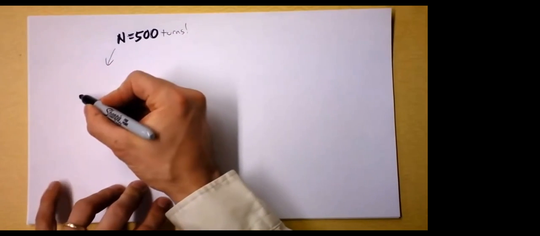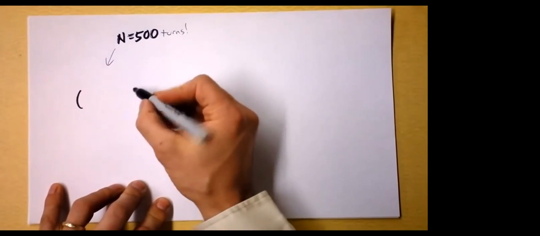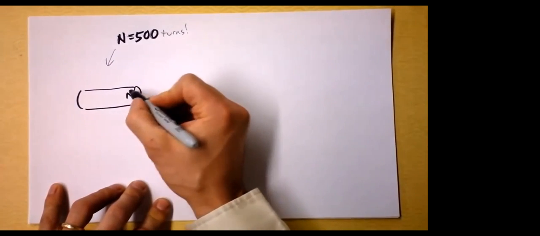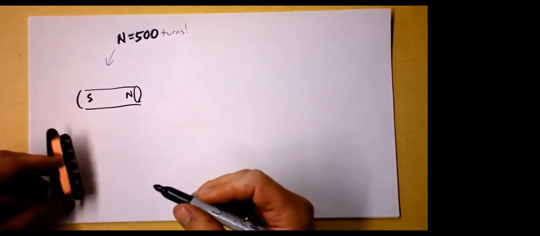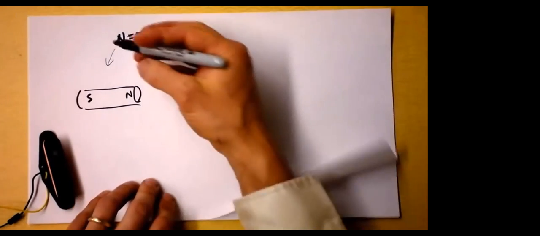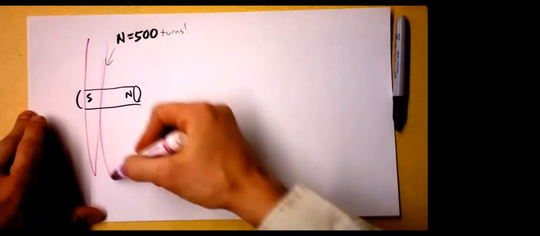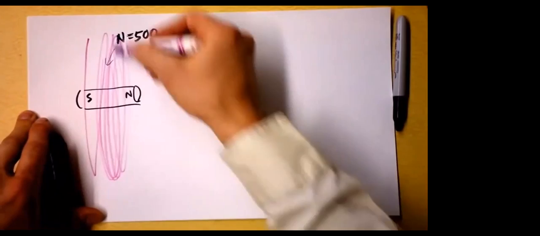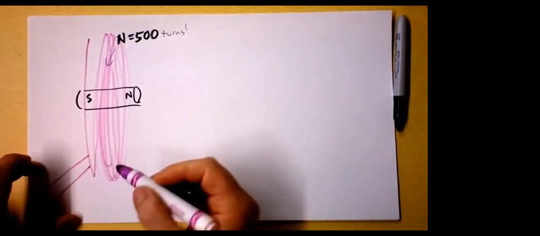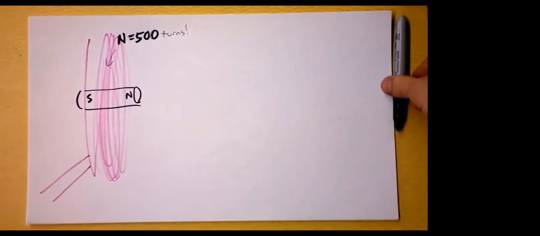I'm gonna zoom in on just one of these magnets. The magnet's like this, and it has a north pole and a south pole. I don't actually know if the north pole is the one that's sticking up, and I frankly don't really care. But there is a coil going around it like this. Lots and lots of turns. Hundreds of turns, and the coil comes out and goes out, and yeah, so it's got 2 leads leading from